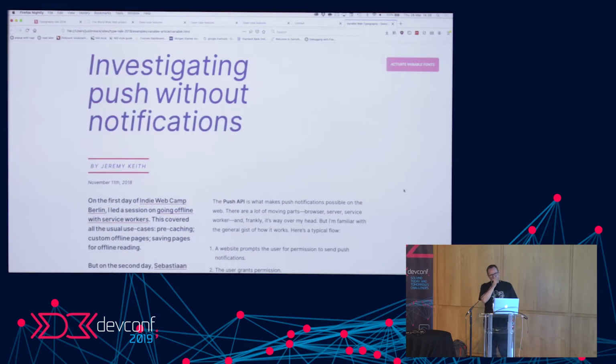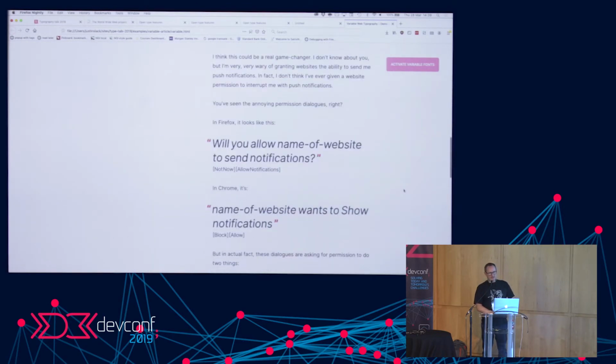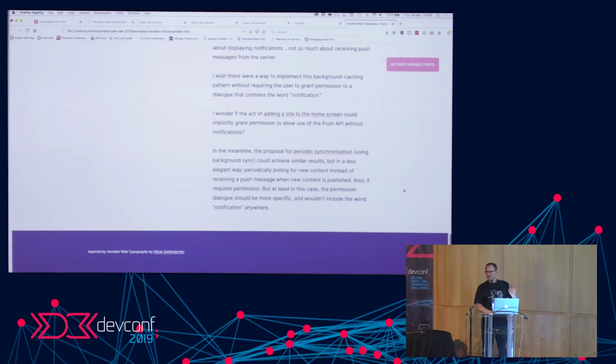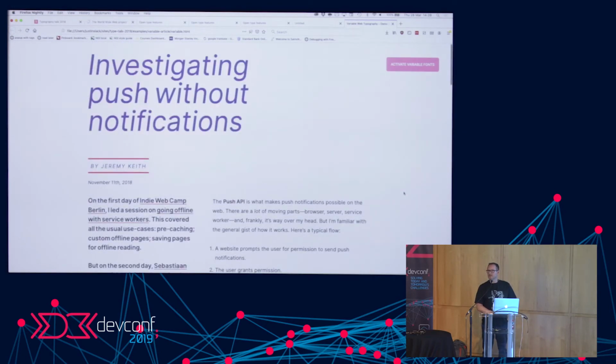Okay, so here's an example again of using variable fonts. I took an article written by Jeremy Keith about service workers and stuff, and thought, well, let's lay this out. I saw something similar and thought this was a good idea. So I just took the exact text and used some grid layout to lay out an article. This is using a variable font, but the variable fonts are now off. So I'm going to switch this particular one on,